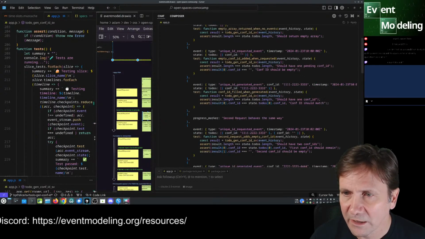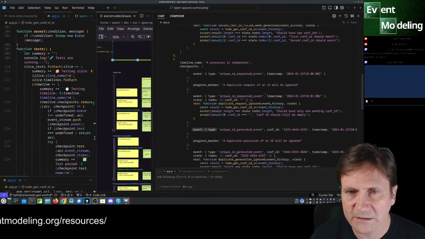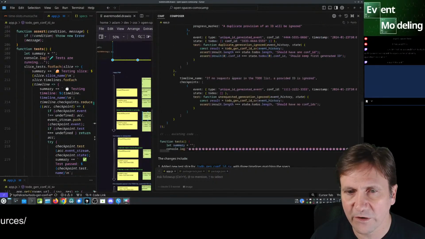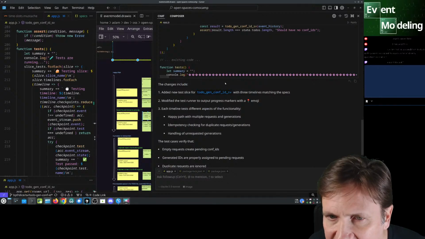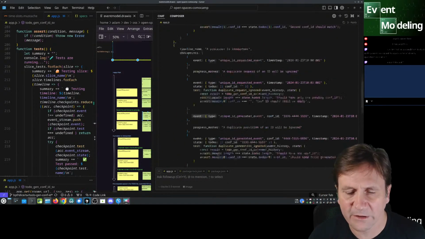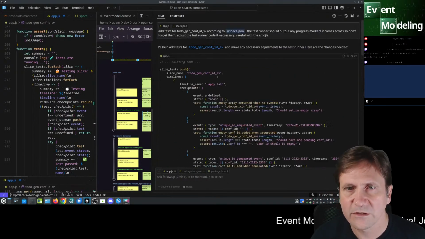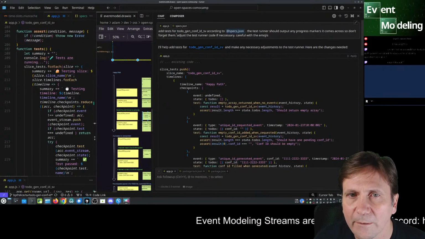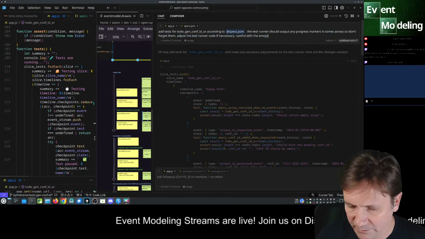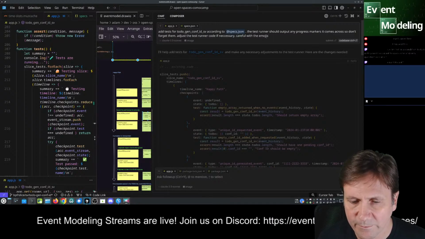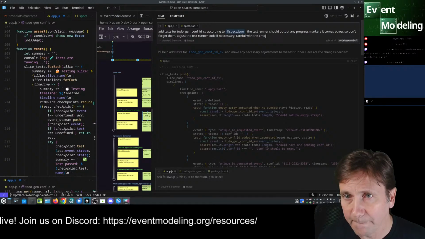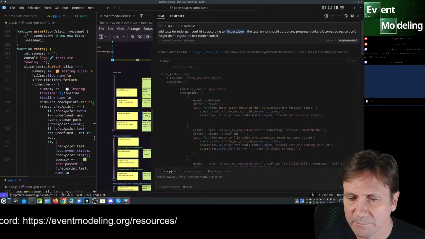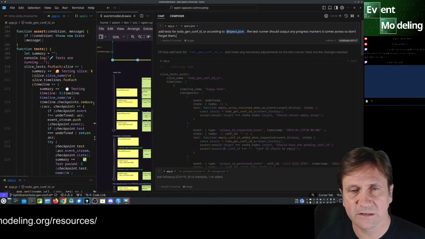Now, I don't know if these tests will pass, but so far it looks pretty good. I don't know what this will do, so I'm going to get rid of that test runner thing. If we have a problem with the progress markers, I'm just going to handwrite that with the AI assisting me there.